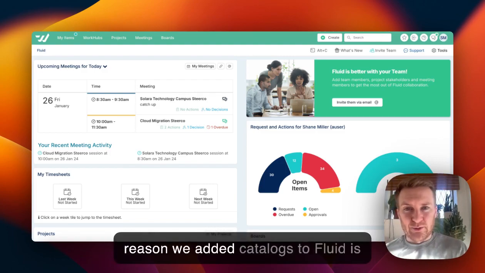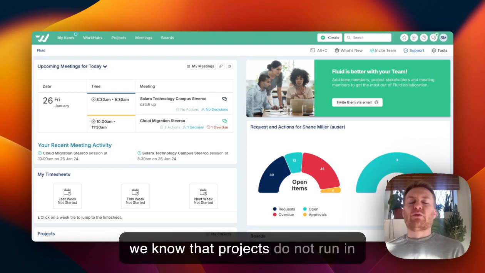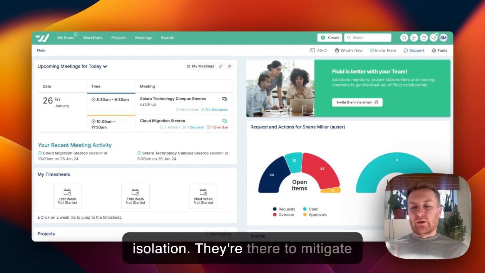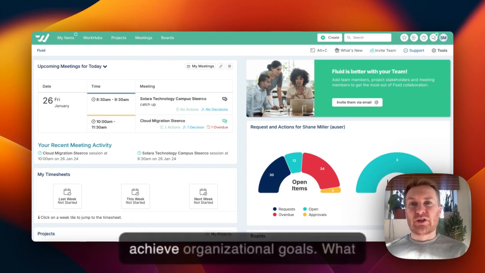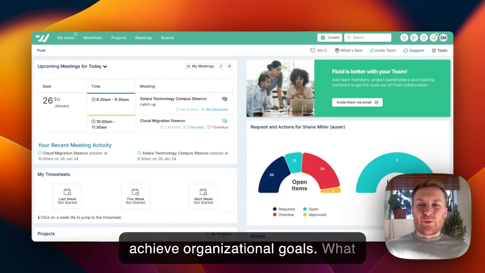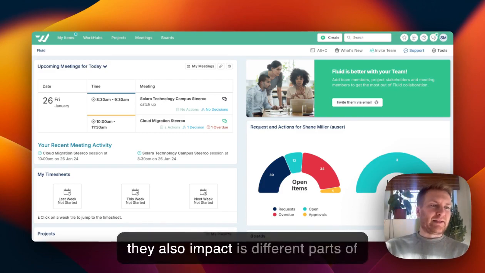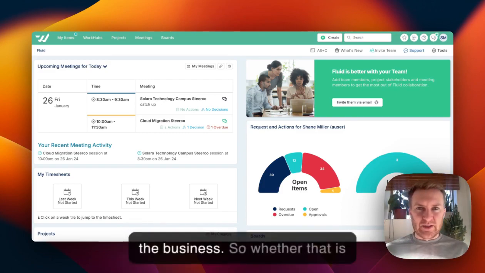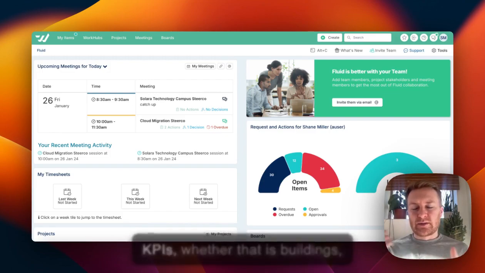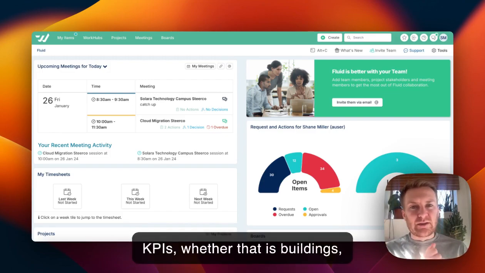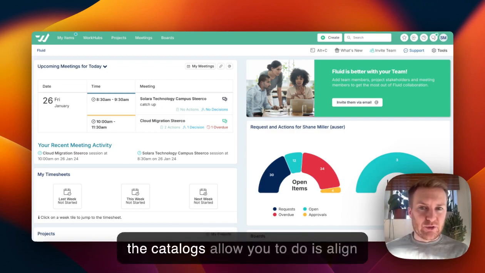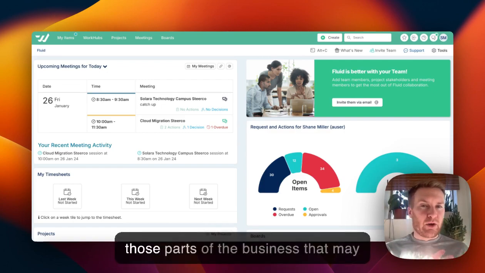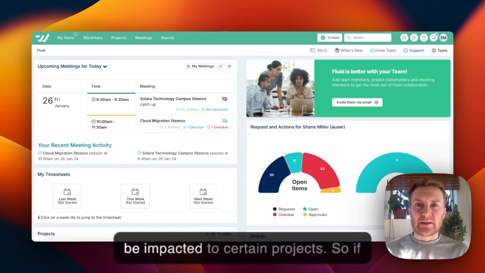The reason we added catalogs to Fluid is we know that projects do not run in isolation. They're there to mitigate risks, they're there for operational efficiency, and they're there to achieve organisational goals. What they also impact is different parts of the business, whether that is KPIs, buildings, products, applications, etc. And what the catalogs allow you to do is align those parts of the business that may be impacted to